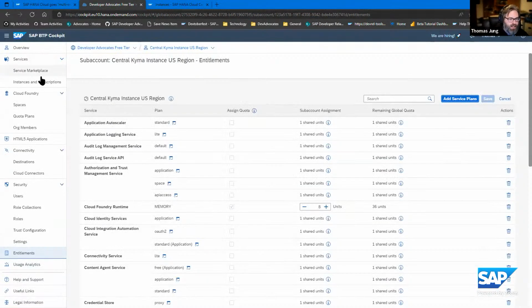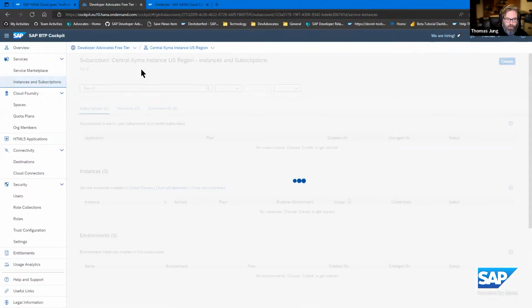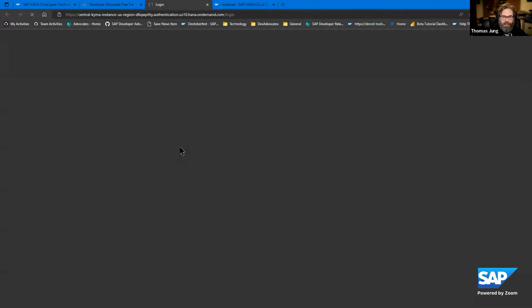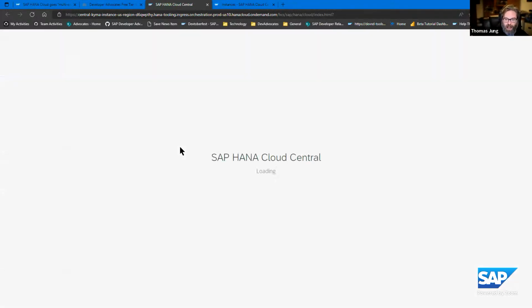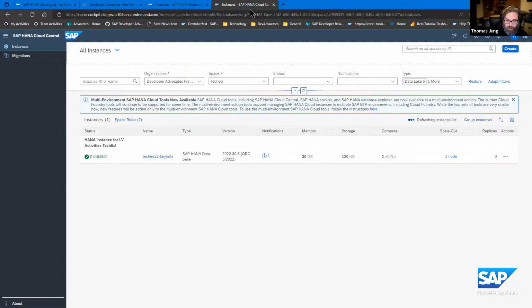But what that does is now when I come here to instances and subscriptions at the sub-account level, you're going to see a new application added to the sub-account. And now I can just click on that to go to the SAP HANA Cloud application. And that's going to take me to the same HANA Cloud Central, but now my security for accessing this is not done at the Cloud Foundry level. When I accessed it here via organization space, I had to have security at the Cloud Foundry level